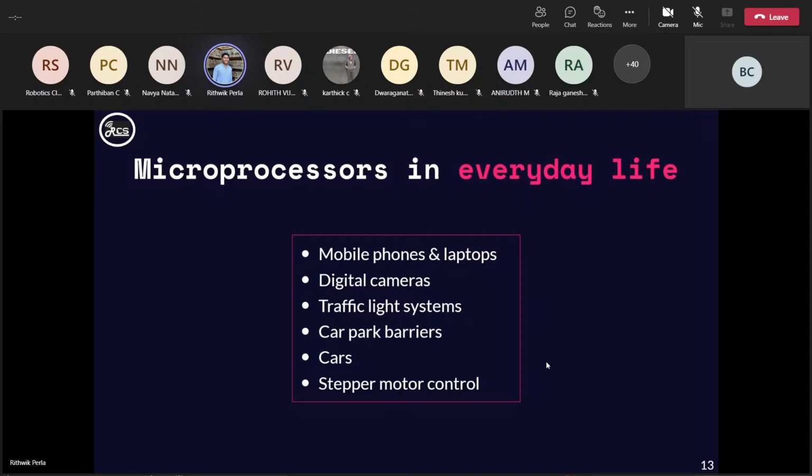Cars, as one of our friends already said, are an example of where you use a microprocessor, in the audio system and in the ignition control. In audio systems nowadays, everywhere we are using the latest technologies like Google Maps, live locations, all that stuff. So it is all required, similar to mobile. Now audio systems in cars are similar to our mobile phones. You can use audio, FM, then USB, all that stuff. So we need a microprocessor in cars too.